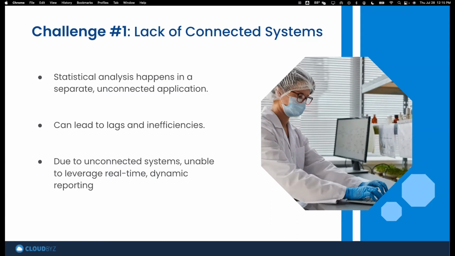if they're not really connected to your data source in a real way, we can see all sorts of issues, whether these are lags, or just users logging into multiple systems. This can cause issues around resourcing, or issues around people being able to access what they need in an easy way. Nobody on the end user side, as we know, likes to log into multiple applications to do one job. And so we're seeing that a lack of connected systems can oftentimes cause a lot of delays and inefficiencies in our workflows.